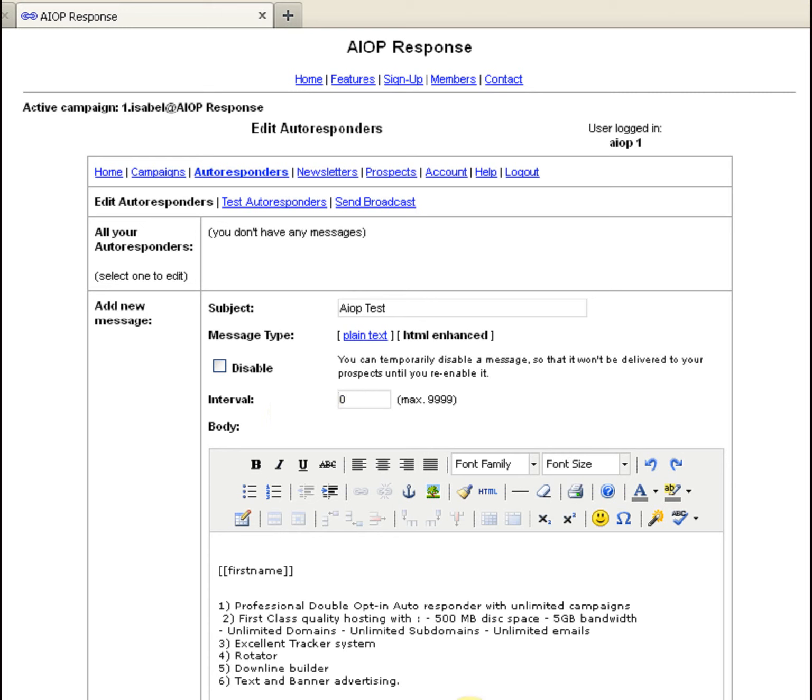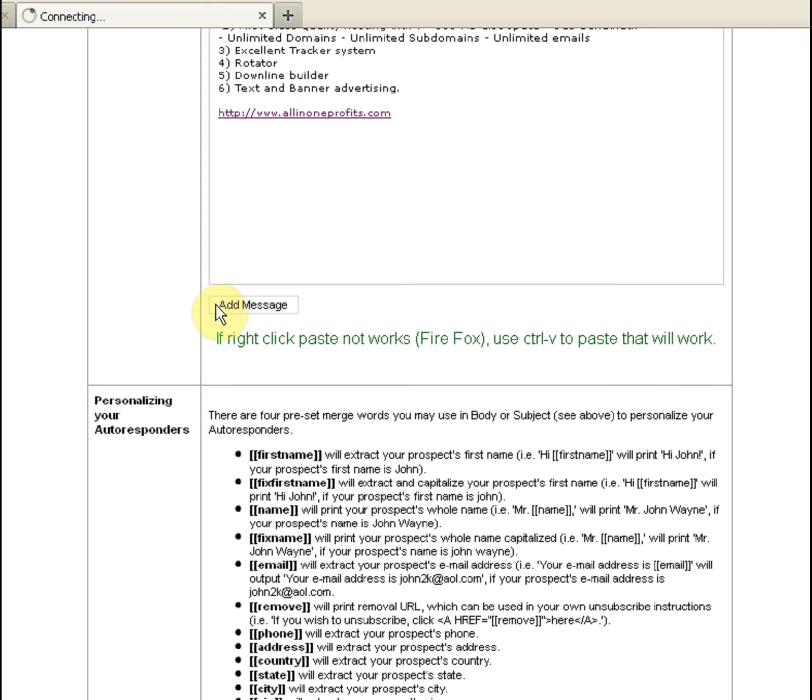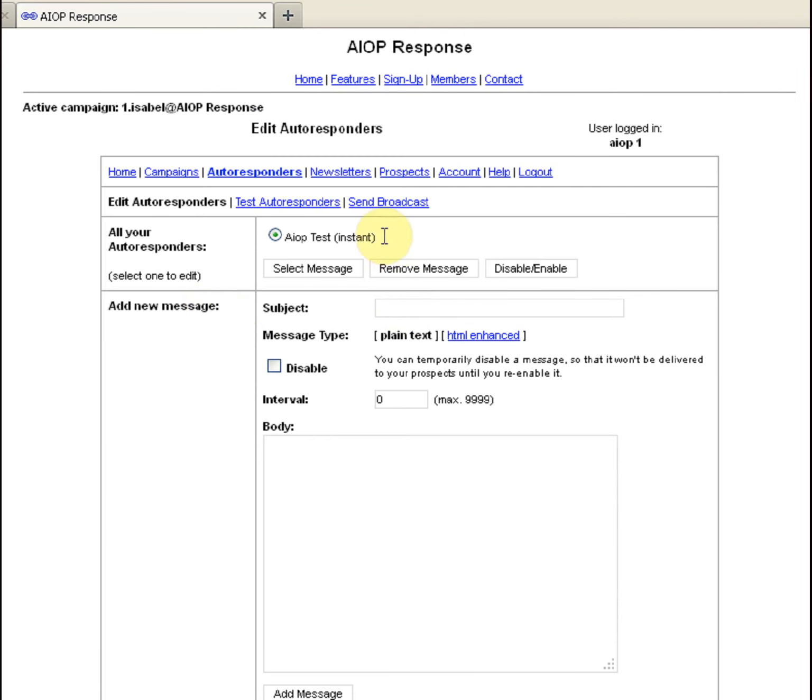After we set the number of days, the moment of sending the email, we click add message, and now we have our first follow-up. It is set. It will be sent instantly after the prospect confirms the subscription. If we want to add a new follow-up,